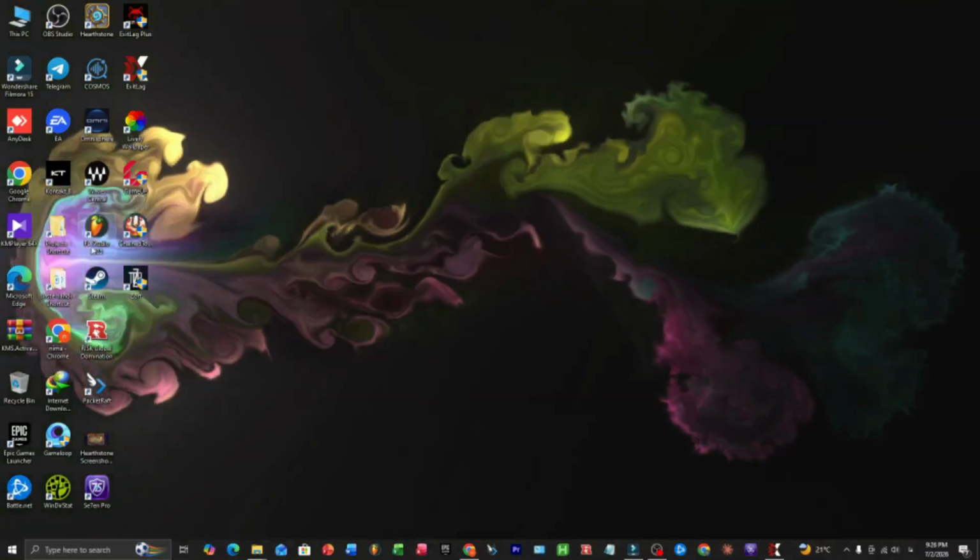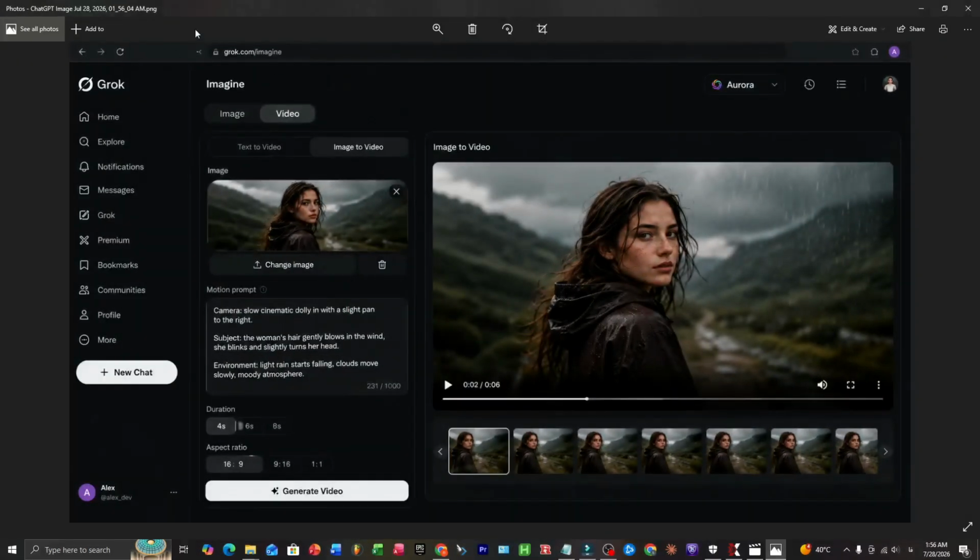Here's exactly how to do it. Go to grok.com in your browser or open the Grok app and find the Imagine tab, usually visible in the main navigation or under a plus icon, depending on your platform. Inside Imagine, you'll see two modes, image and video. For animating a photo you already have, choose video, then select the image to video option instead of text to